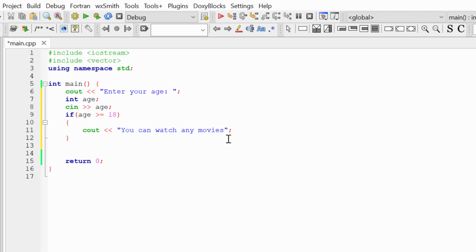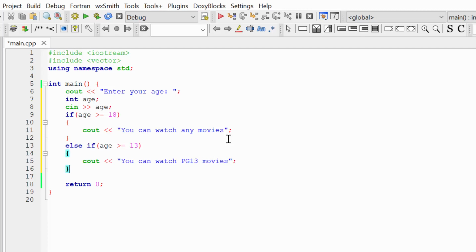So to create the next decision for my second categories of the user, I'm going to use else if statement, and in else if statement I'm going to check if age of my user is bigger or equal than 13, and if it's true, I'm going to write you can watch PG-13 movies.